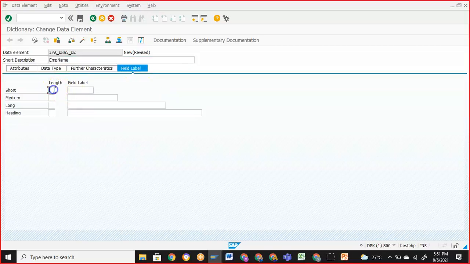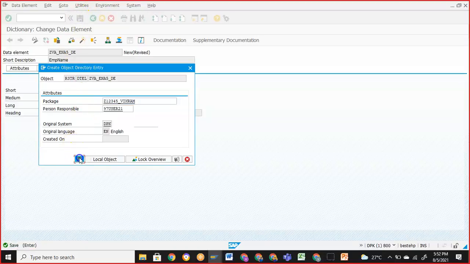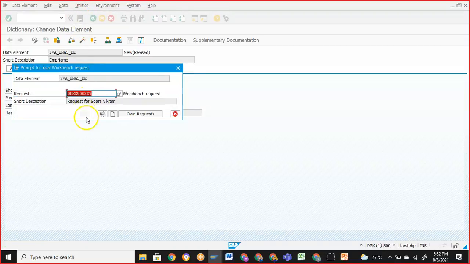And in the field labels, we'll create field labels as EMPNA, and then we have 20, employee name. And then, what is this 10, 20? That is the maximum length of that field label. So if you have a field label beyond that length, it will not take it. So we have employee number. So save it, save again, yes, okay.